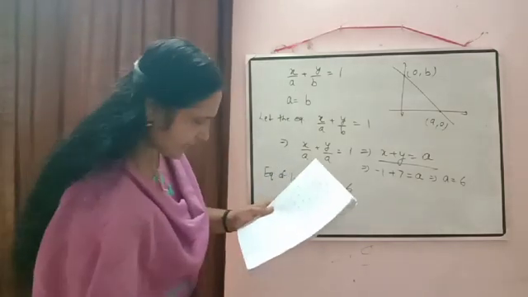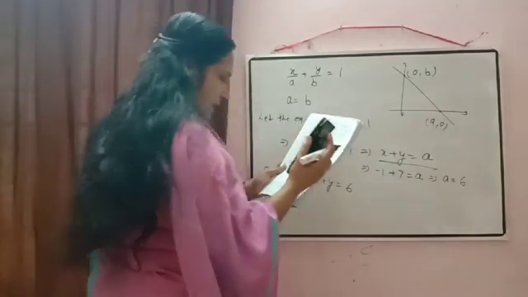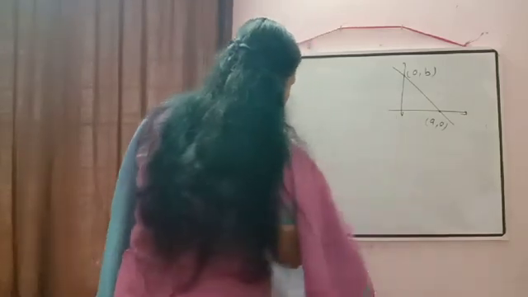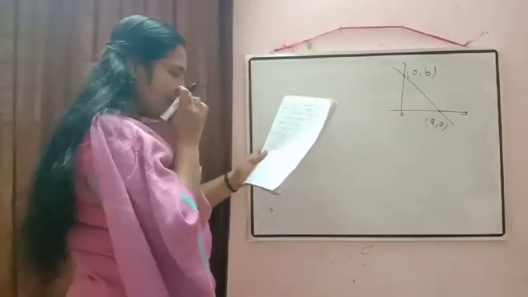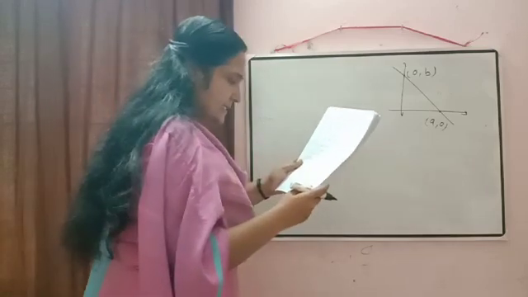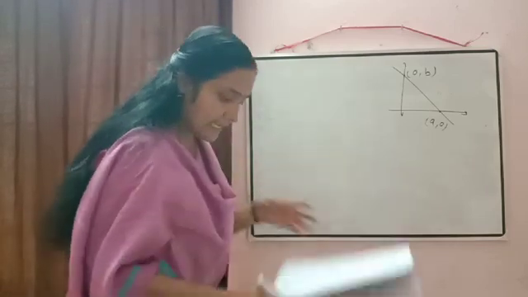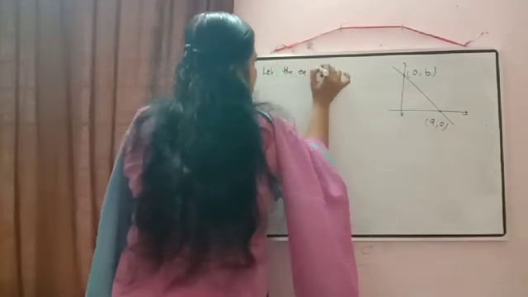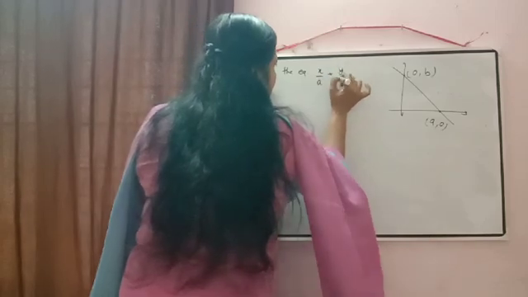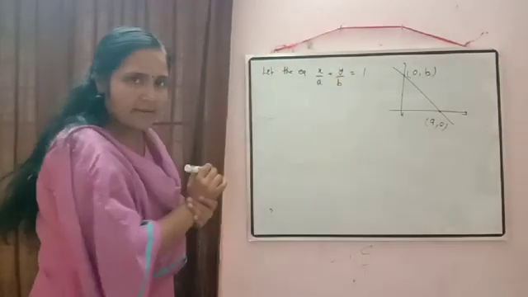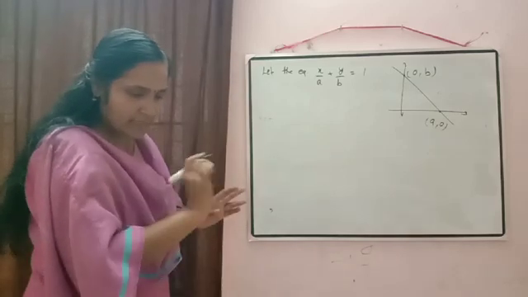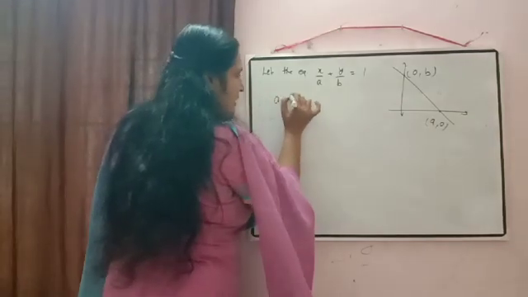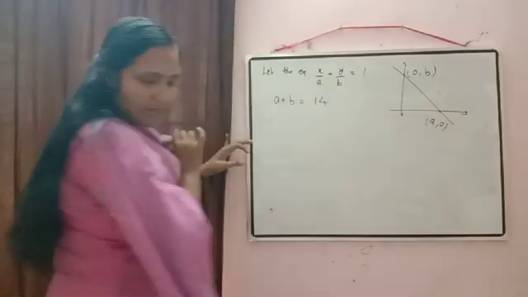Okay. Then next question, it is written, find the equation of line which passes through the point 3 comma 4, such that sum of its intercept on the axis is 14. So again, first we will write down there, let the equation be, yes, what is the equation? x by a plus y by b is equal to 1. And then the informations which are given. Sum of the intercept on the axis. These are the intercept on the axis. So it is given a plus b is equal to 14.